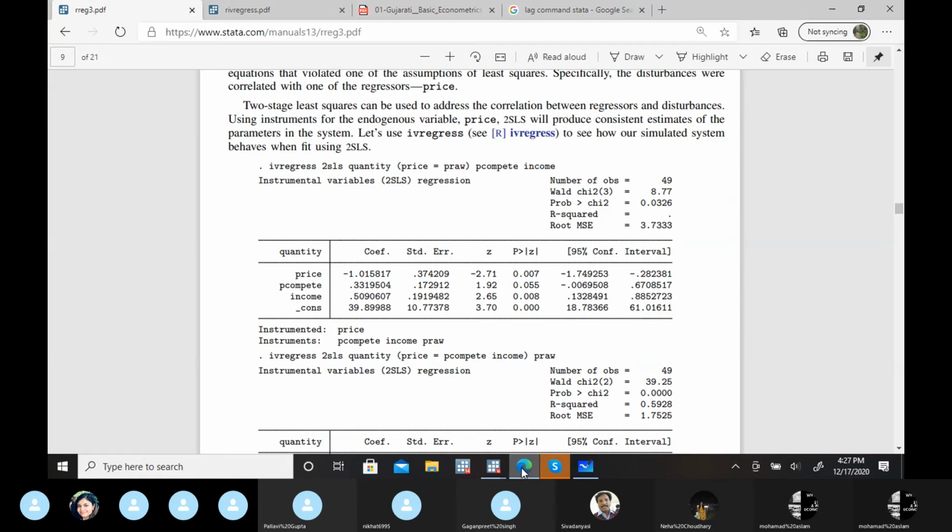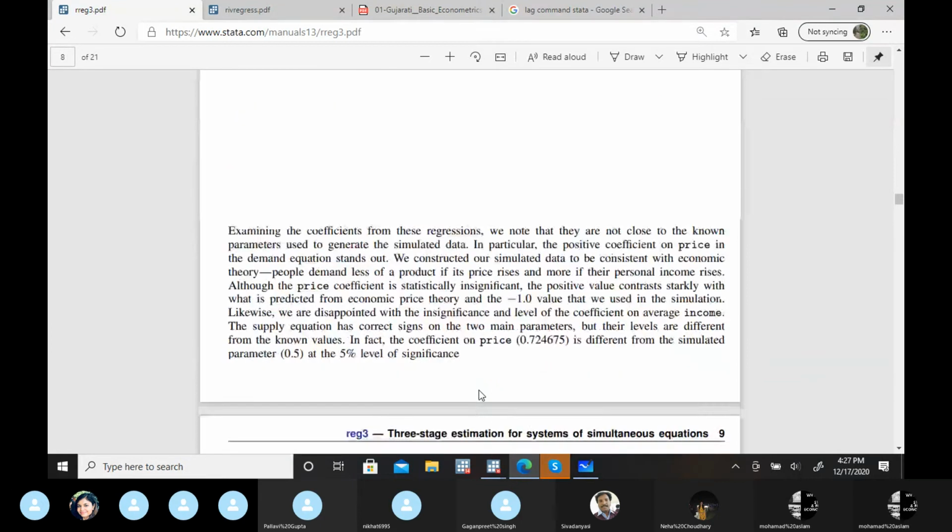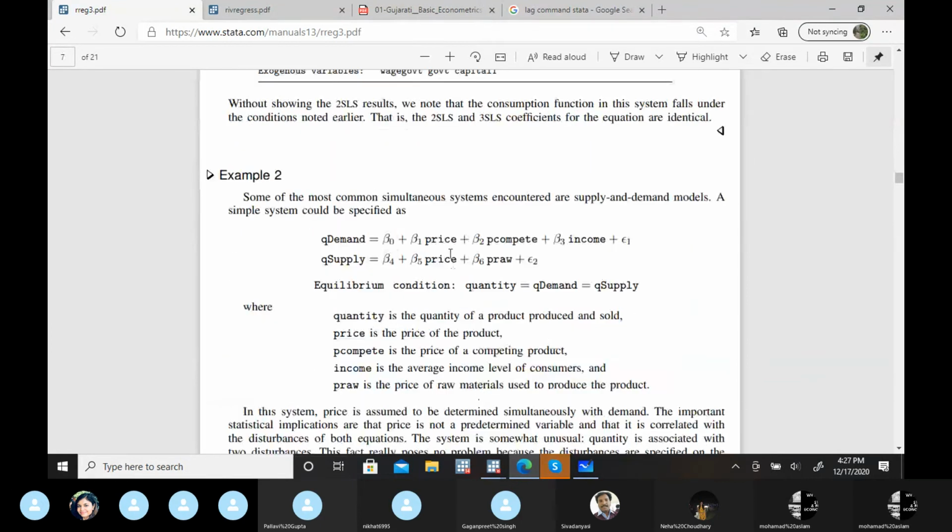So what will be the difference here? If you get this difference, that for this first equation, this price is not the variable we are running like the simple OLS. In place of this particular price variable, we are estimating this price variable from the other predetermined variable from the second equation. And that variable we are using here as an instrument variable. That is the 2SLS approach.